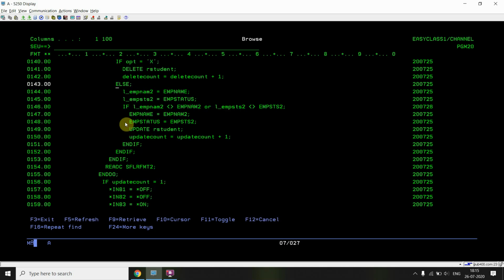So if the user would not have taken X, then he might have taken an option other than X, or he may have updated the things also. For example, he may have updated the name and also taken C there. I don't know what he did, so I have to check. I have to make my program more intelligent than me,